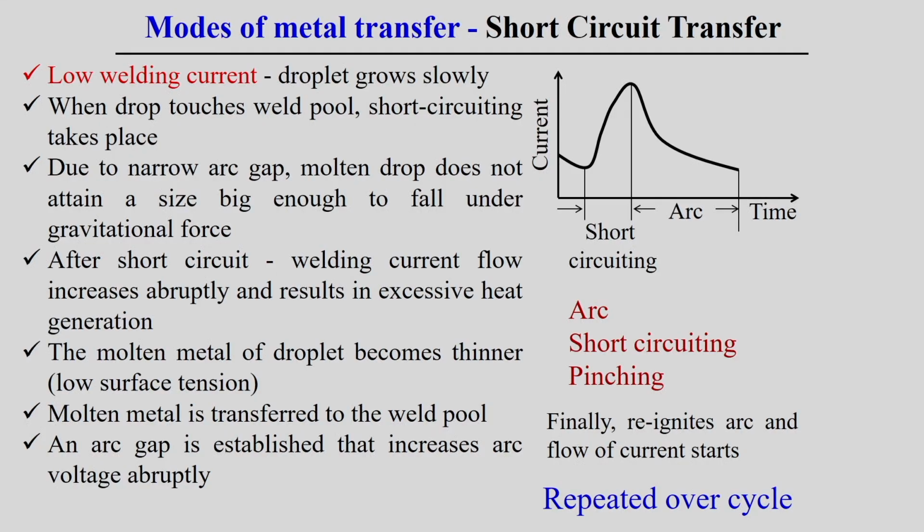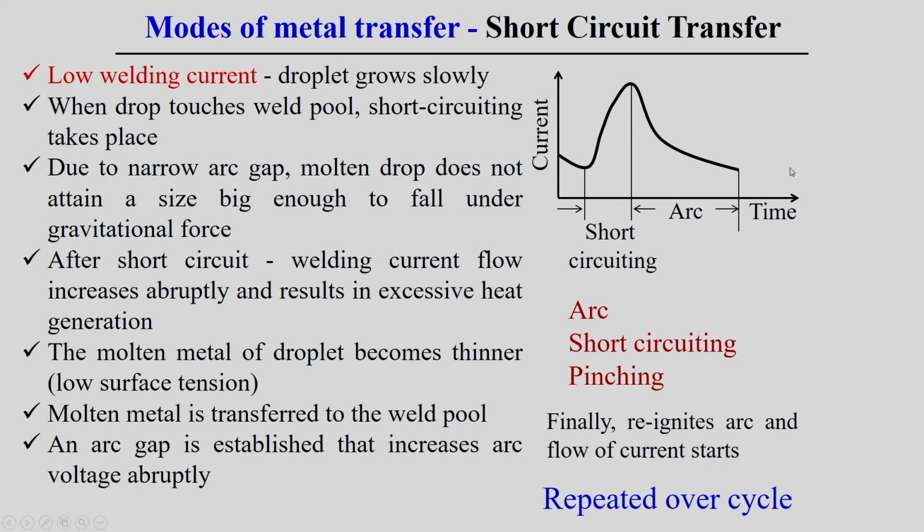So, in that case, when there is a creation of the arc, there is definitely an increment of the voltage drop. The potential difference is required to sustain the arc gap, or to sustain the arc in this case. When the arc gap is established, the voltage increases abruptly. There is a high increment of the voltage, because we know the voltage drop, or the potential difference, is very much sensitive to the arc gap in the welding process.